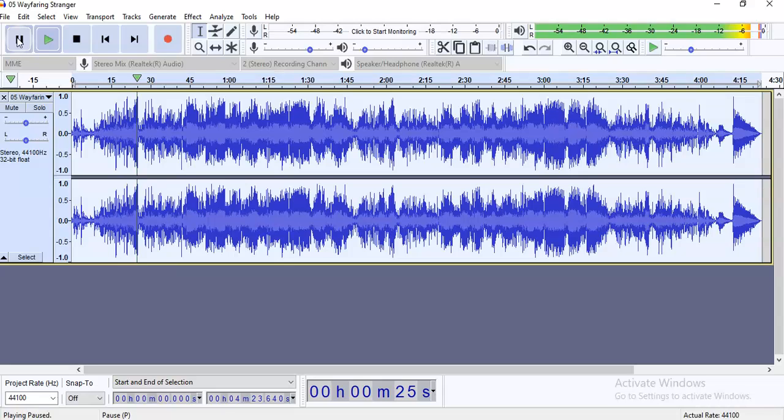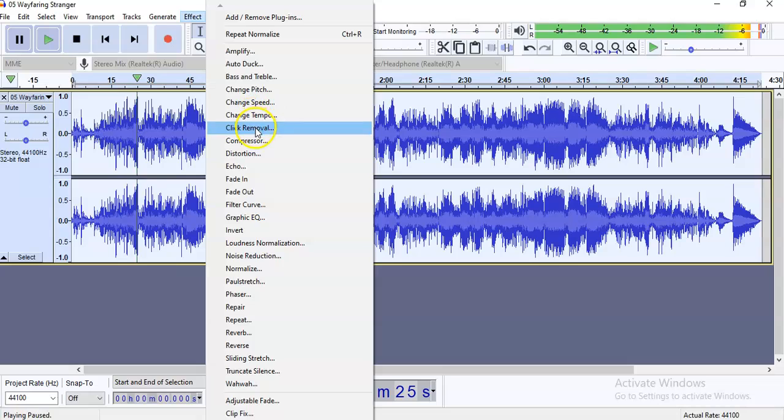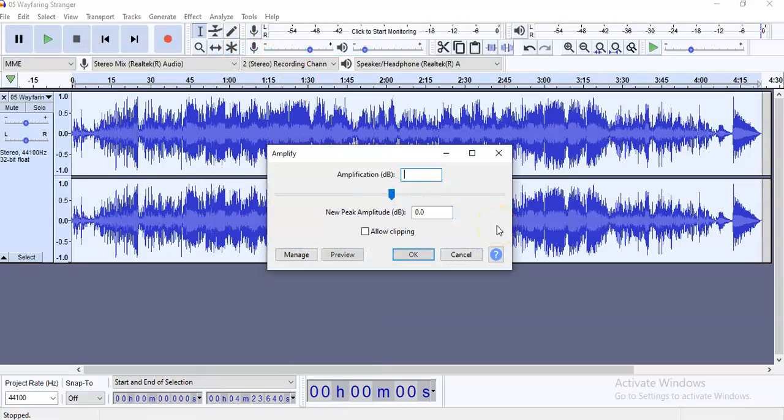Now, I have fooled around with this program some trying to restore old recordings, and they have effects and filters and things you can look for, like click removal. And sometimes you have to run them several times just to clean them up. Like this one, for example, I feel like it could use some amplification. I'm going to run this up